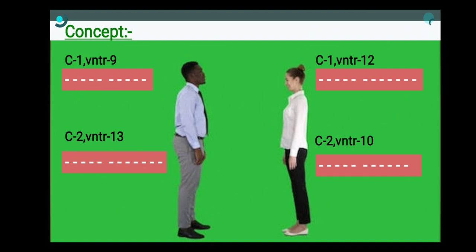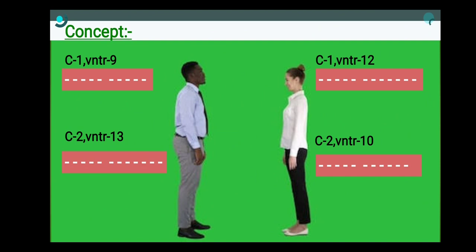Like if we talk about man, in chromosome 1, that is C1, has VNTR9, meaning there is a particular sequence which is repeated 9 times in chromosome 1. Okay, so that is why VNTR9 in chromosome 1. Whereas in female, the VNTR repeated means